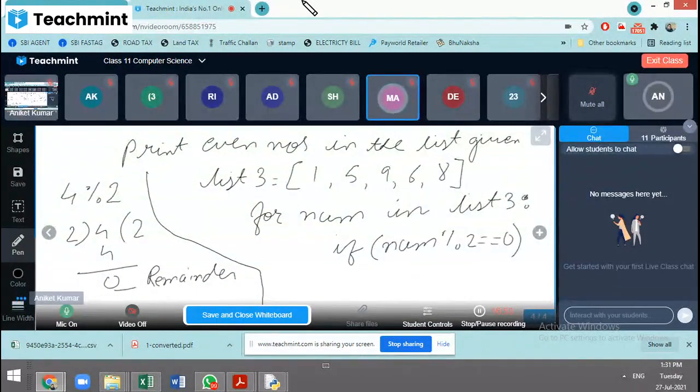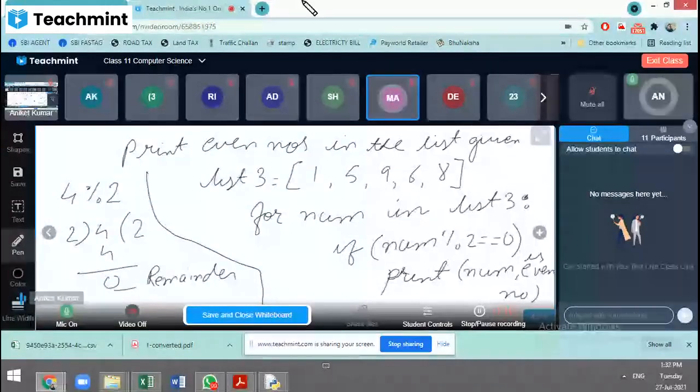We have read about the assignment operator and arithmetic operator, and in that we have seen this. If num mod 2 equals 0, then print num is even number.